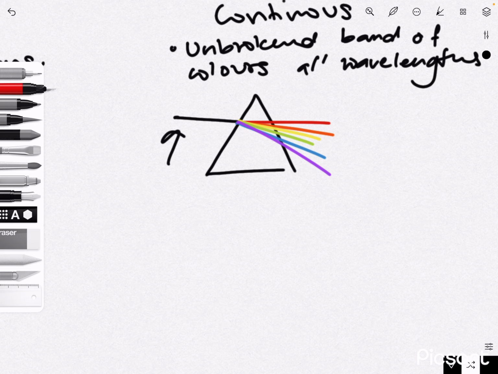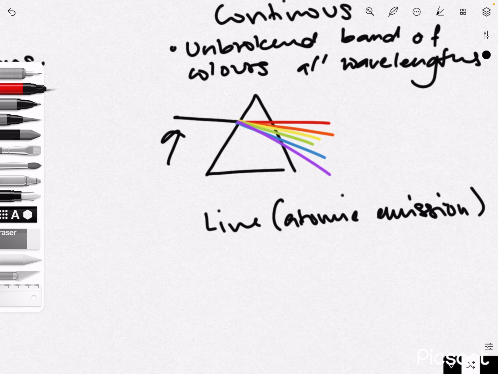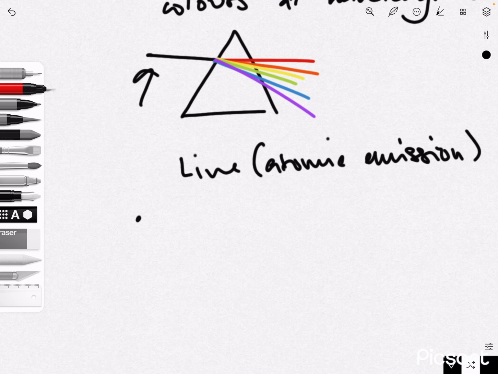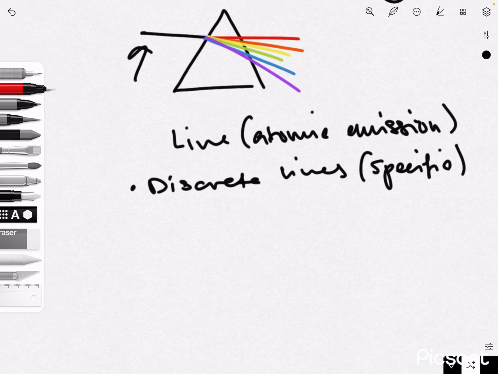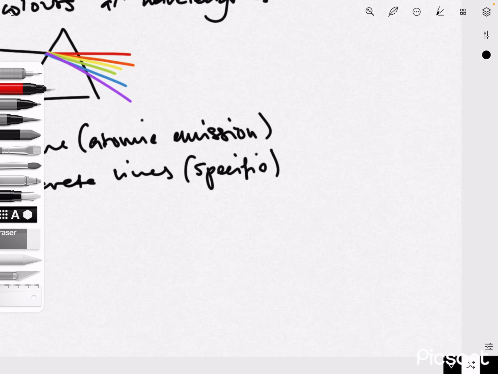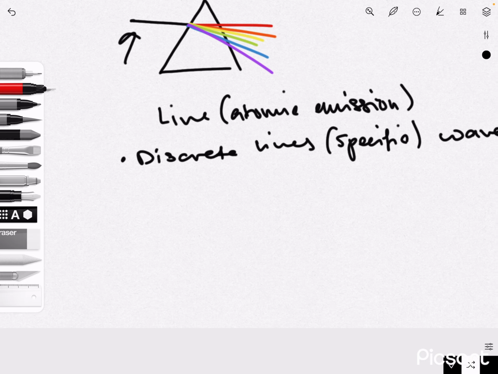And differently, your line spectra or atomic emission spectra produces discrete lines, specific colors, which correspond to specific wavelengths. These wavelengths correspond to unique energy levels